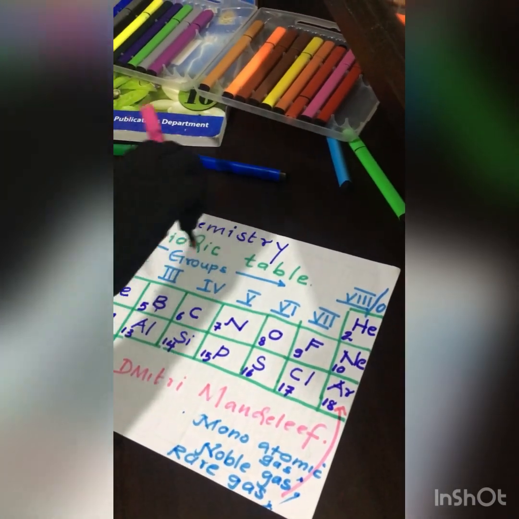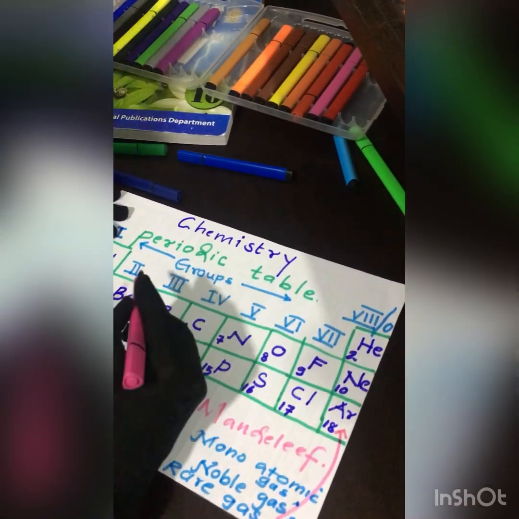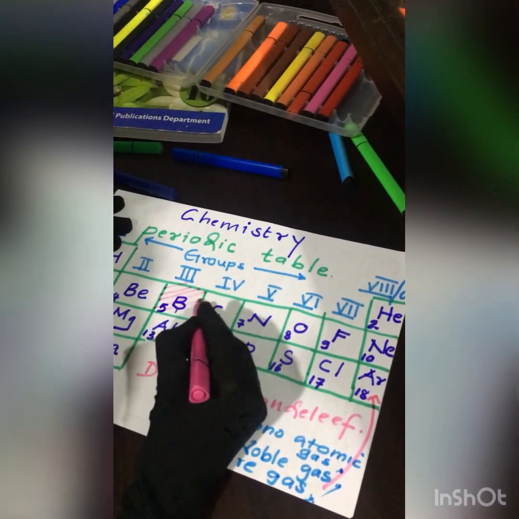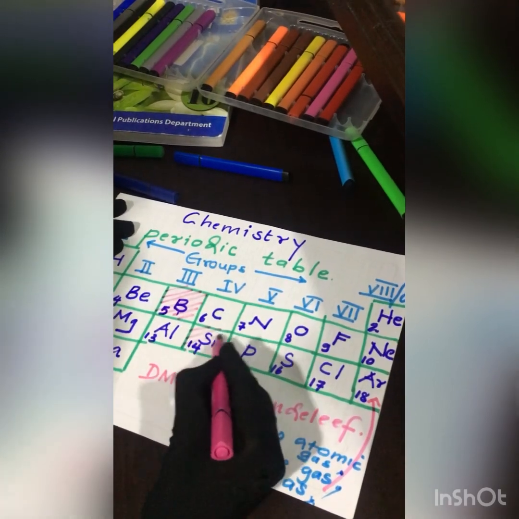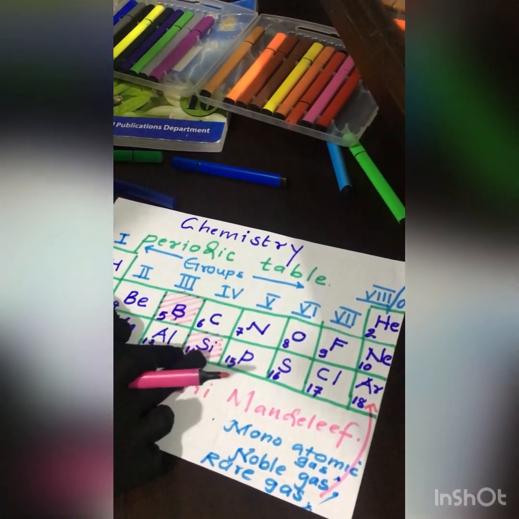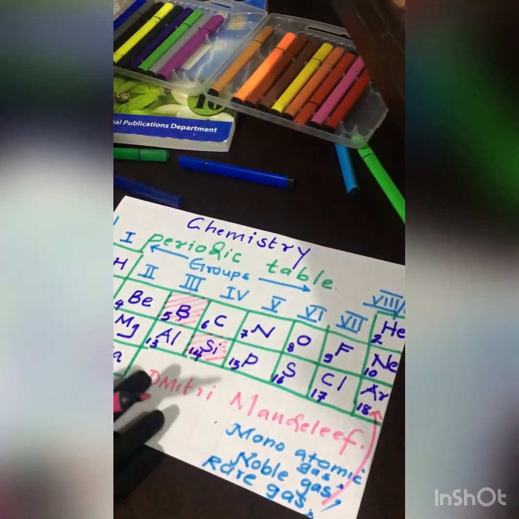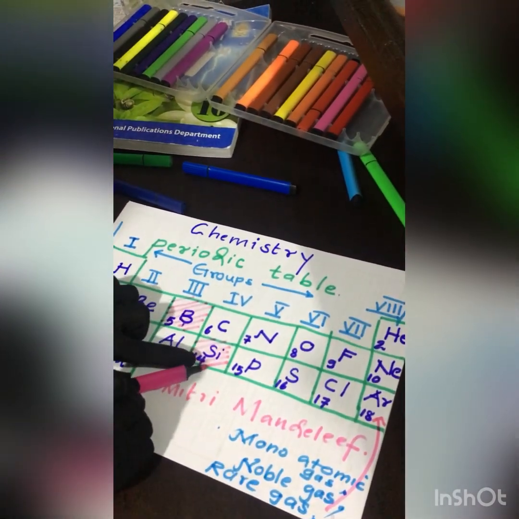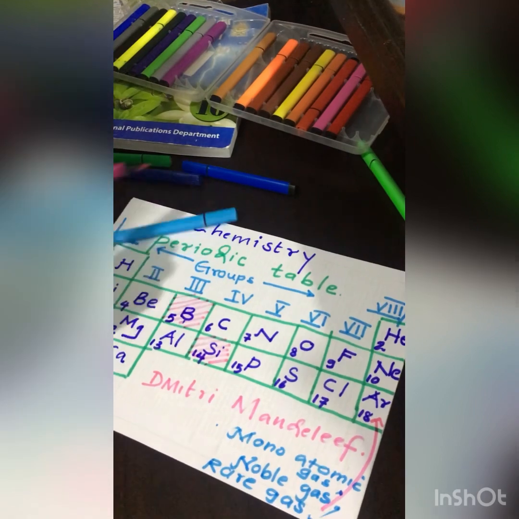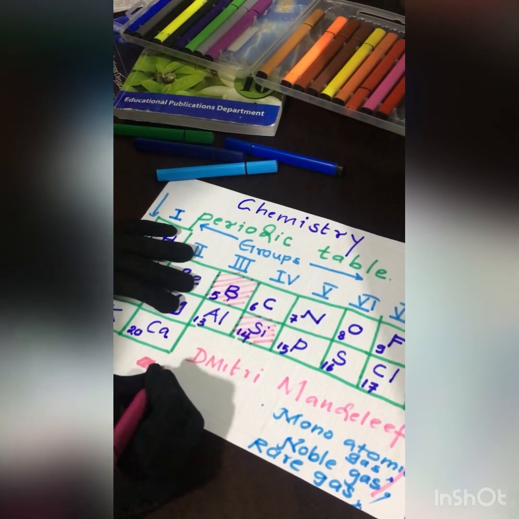Next, let me say about the 2 special elements that you have to know, which is known as metalloids. The boron and silicon, the ones that I have marked with pink. These 2 elements, among the 20 elements you are learning, boron and silicon comes under metalloids. So let me show you all metalloids.